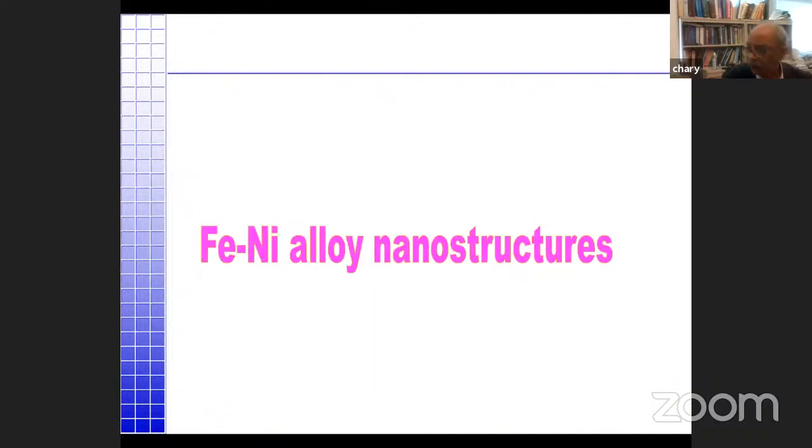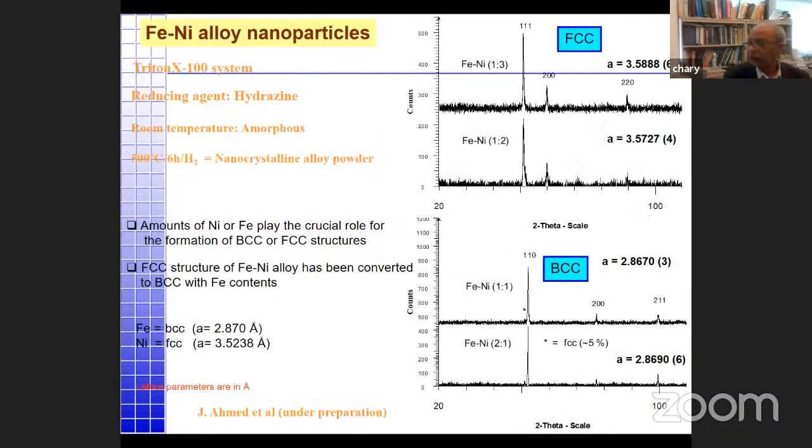Similarly, we also looked at iron-nickel alloy systems. Again, these are all the X-ray characterization. The reason why we show this is, as Dr. Reddy has said, we just have to make sure that our compounds are pure and there is no other impurity in this material. So this characterization is very important before you start studying the properties. So that's the reason why we show this